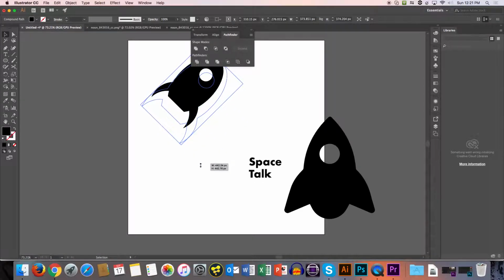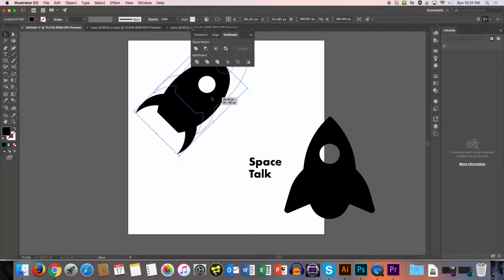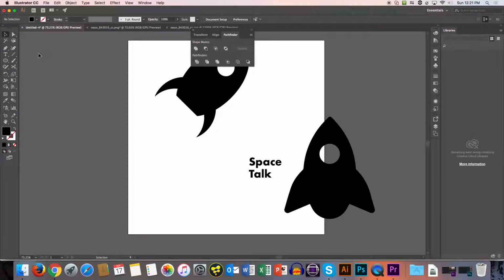So I'll scale it up a little bit so that it's got a little bit more weight in the scene here. I'll also take one of these shape tools, the polygon tool specifically, and I'm going to go with an 8-sided figure. Is that 8? That looks like 8. How do you add points to that? I use the arrow keys to increase or decrease the number of points with the polygon tool. So 3, 4, 5, 6, 7, 8. I'm looking for an 8-sided shape because what I'm going to do is create a little